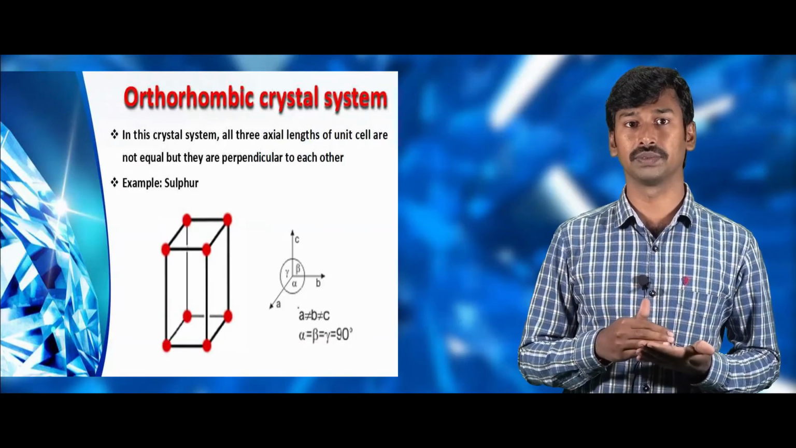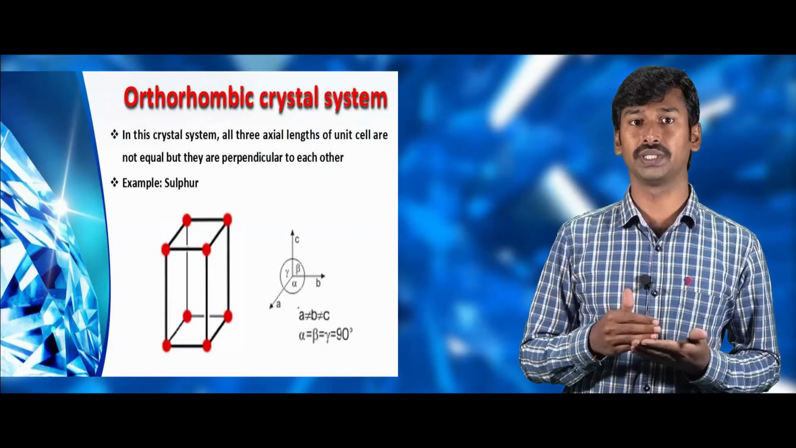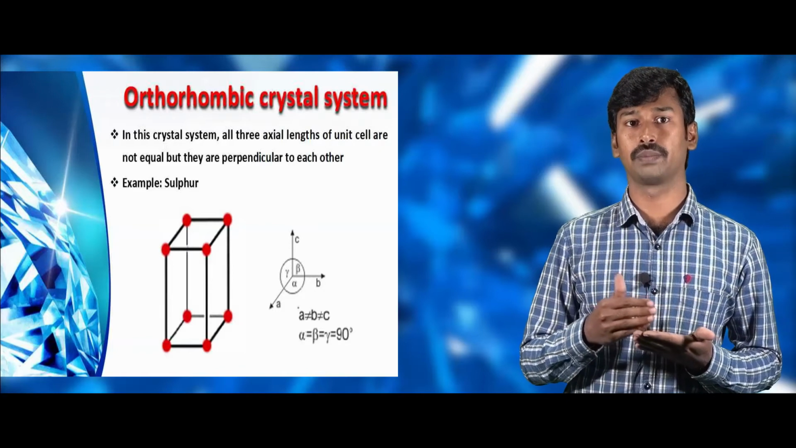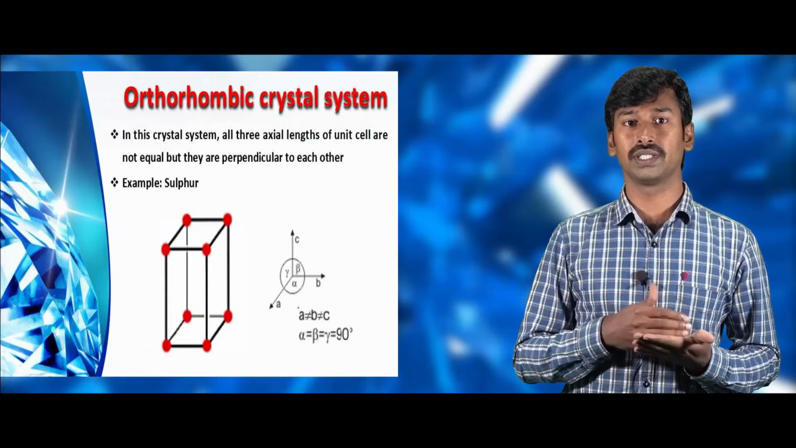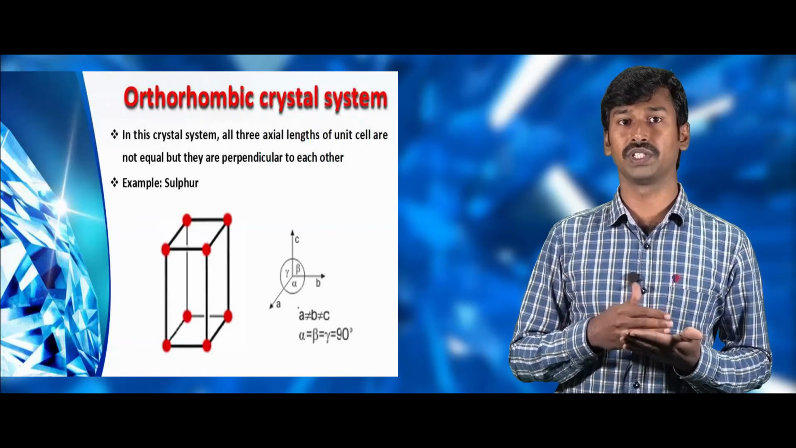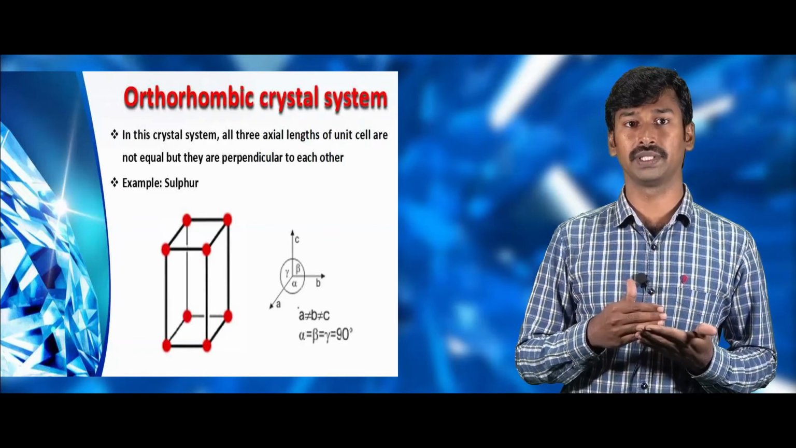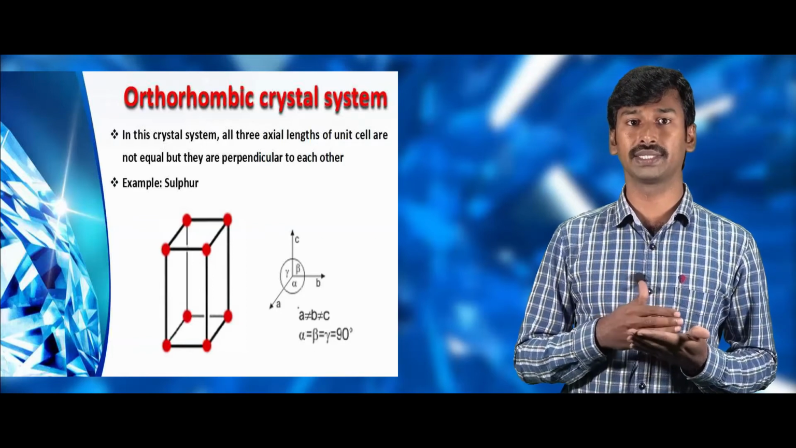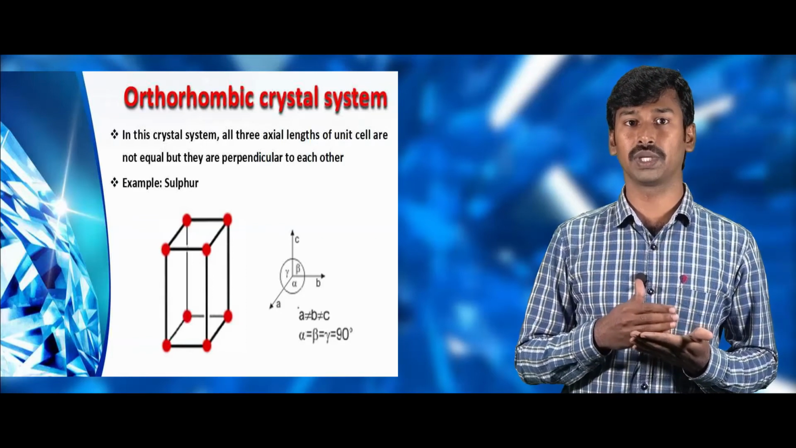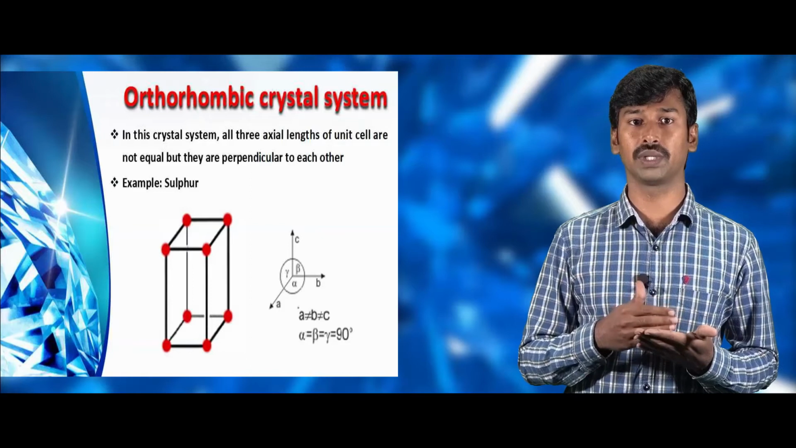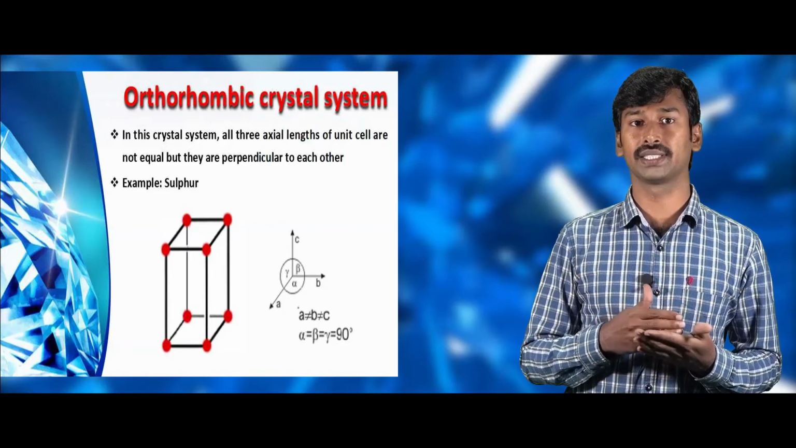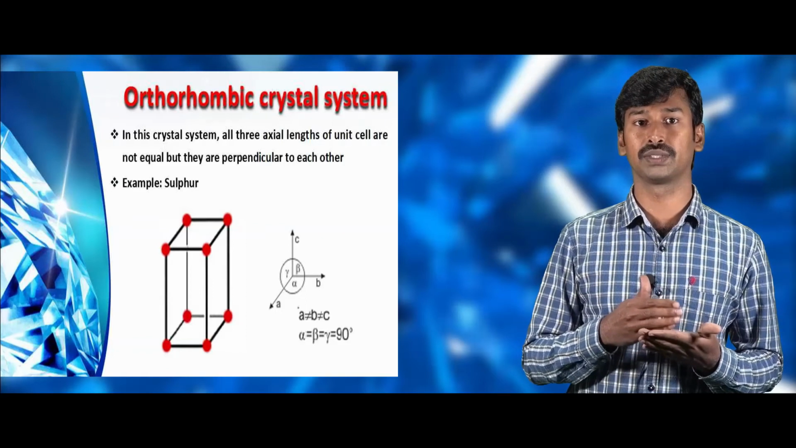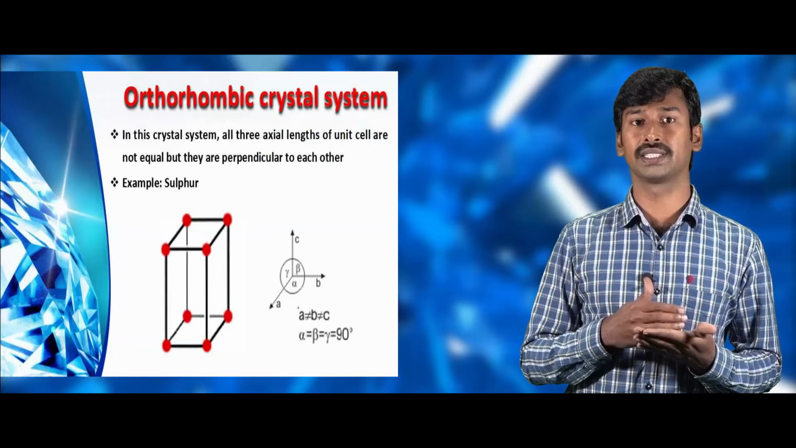In this crystal system, the three axial lengths of the unit cell are not equal and they are perpendicular to each other. Example: sulfur. Here we show the schematic representation of the unit cell and the lattice parameters, where the intercept along the x-axis is a, along the y-axis is b, and along the z-axis is c, and the angle between the x and y axes is alpha, y and z axes is beta, and z and x axes is gamma,